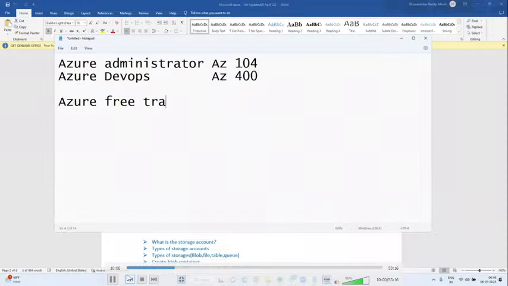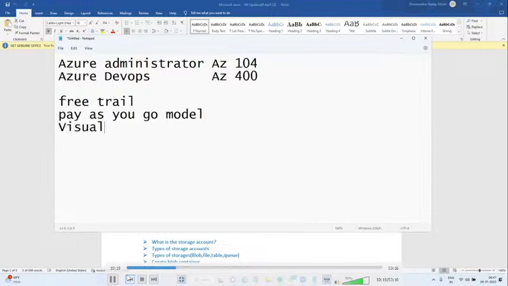Azure free trial is what you are going to use now. Next, we have the pay as you go model. Next, Visual Studio Enterprise. Also we have the Enterprise subscription, Azure Enterprise.